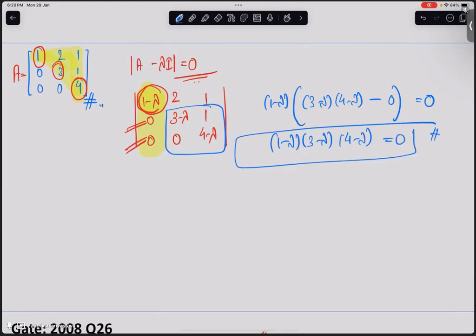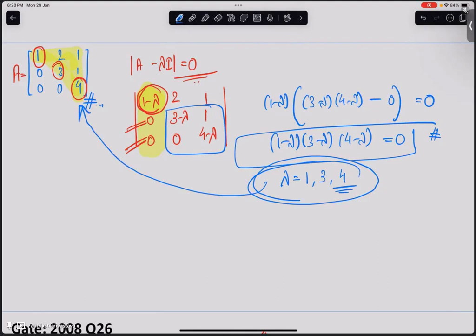So then in that case, what are the eigenvalues? Eigenvalues are lambda is equal to 1, 3 and 4. What are these values? These values are the diagonal values of this upper diagonal matrix. Similarly, if you have a lower diagonal matrix also, this condition will apply. Okay, so these kind of trick questions which you can solve if you remember some of the properties may come